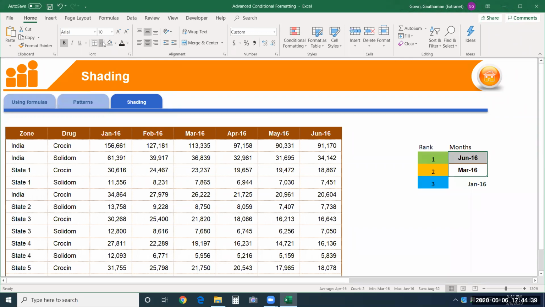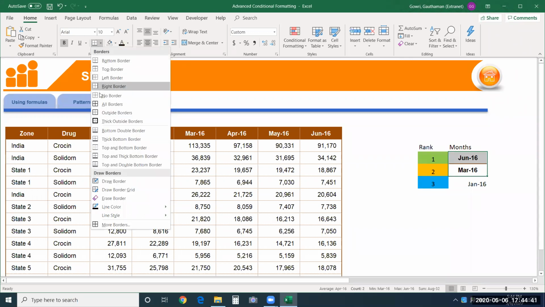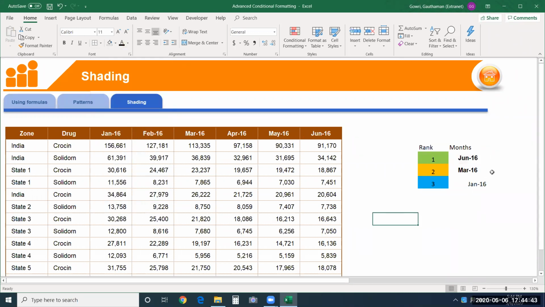I'll remove the borders also. Yes, now it's fine. Now based on the values that we have provided, we are going to highlight the columns instead of rows.